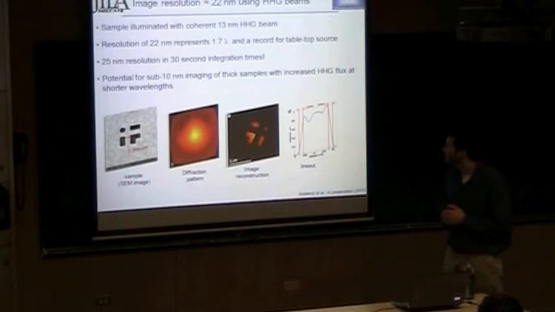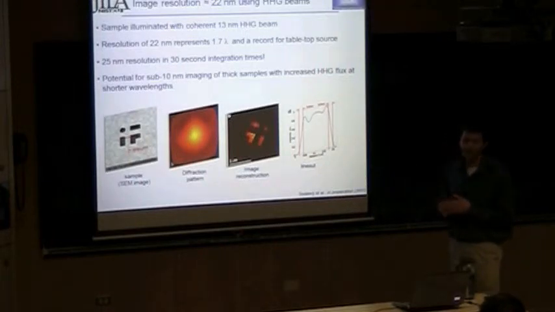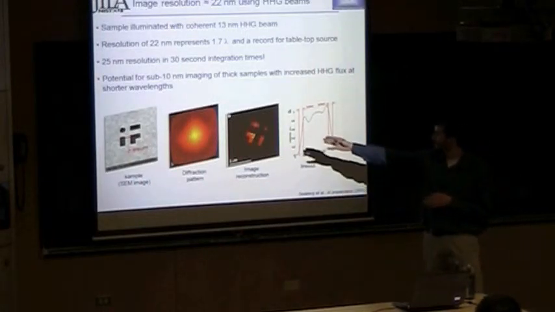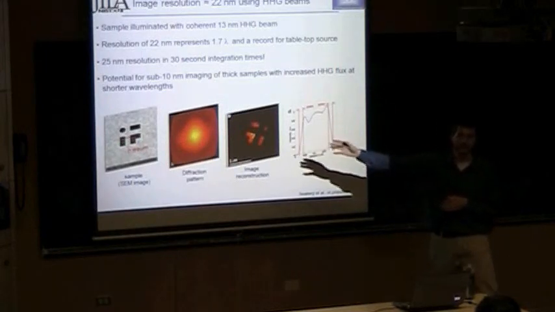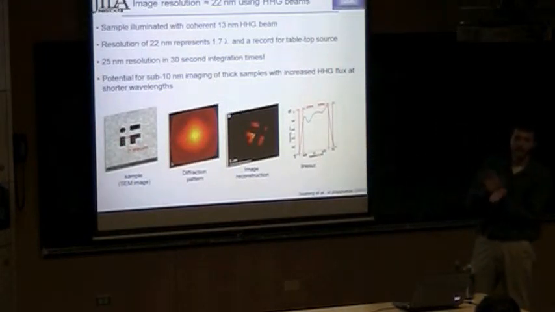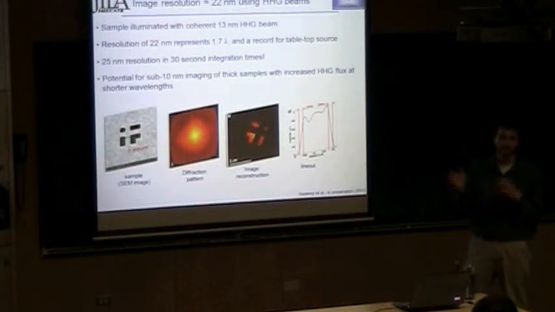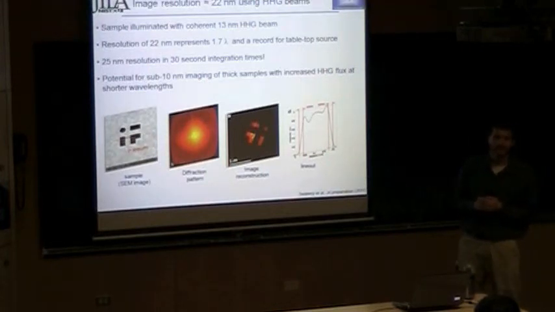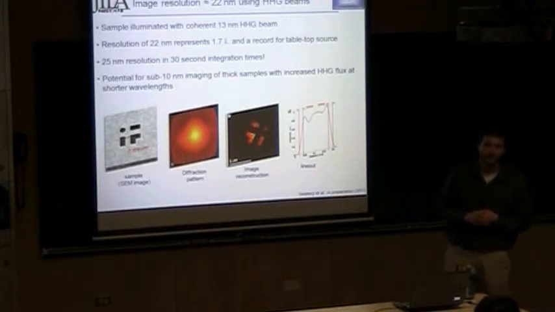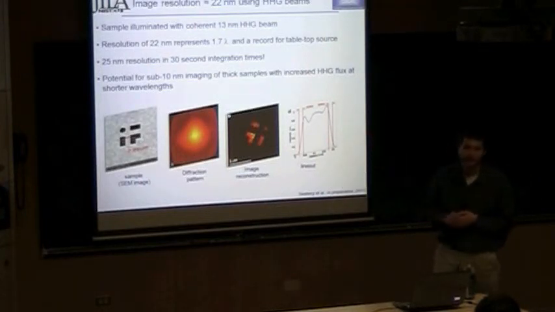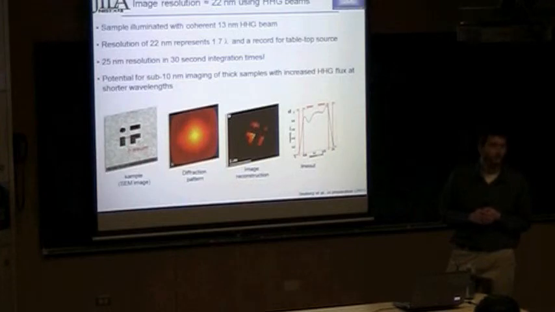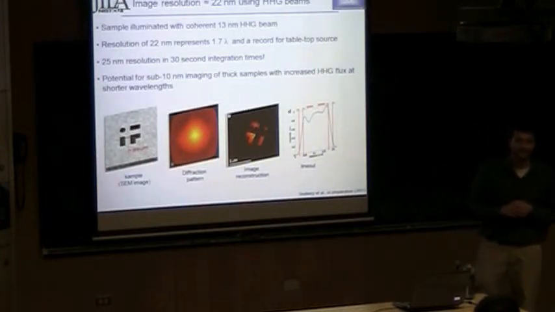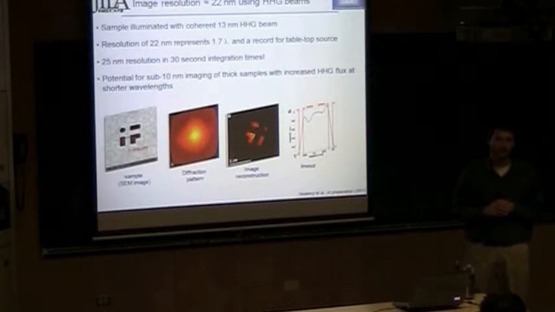Part of what they're running into now is that the approximations we make, that if you have the right phases it's just a Fourier transform, break down. As you go to higher and higher numerical apertures, it's really a 3-dimensional Fourier transform and not a 2-dimensional Fourier transform. And so it becomes a more complicated reconstruction. That's what they're finding. I mean, they've got data that goes beyond this. I don't know how much I should say. I don't want to get in trouble. More complicated, but definitely doable, right? Well determined, with the transform.